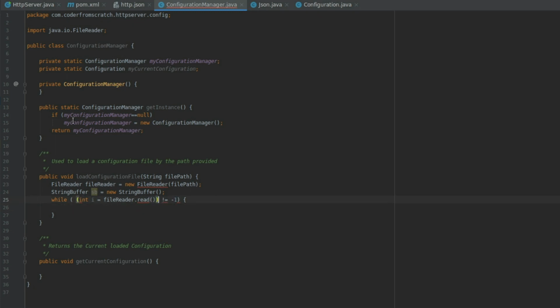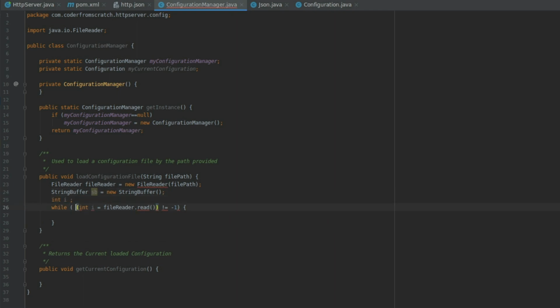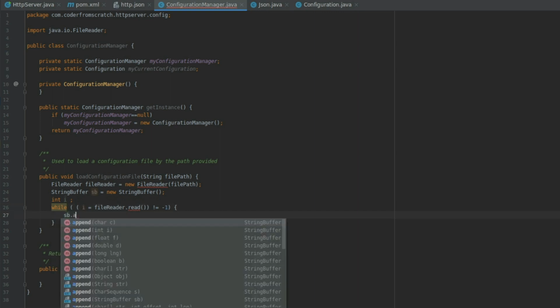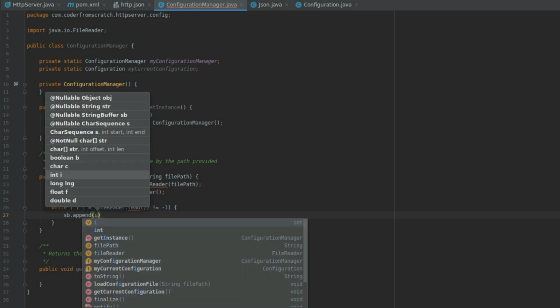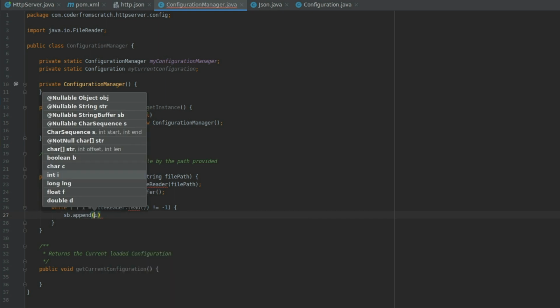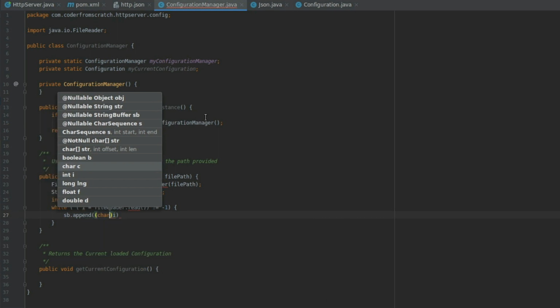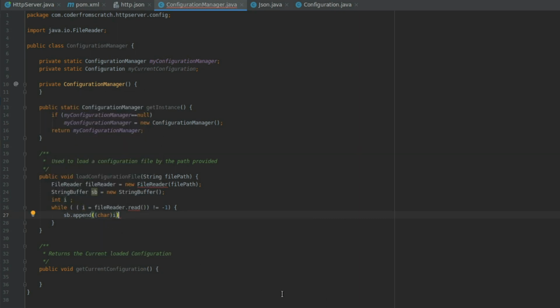And this is good. In fact, int i, I'll define it outside like this. So all is good, and while I read, I'll append it to the buffer like this, but I'll cast it as a char like so. Yeah, and once we have the string buffer completely full with the contents of the file, we are just going